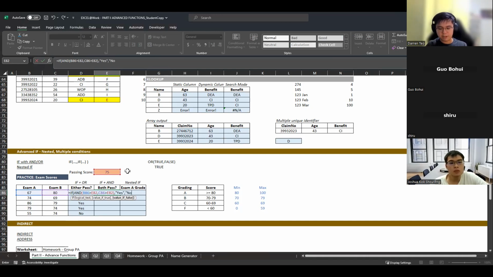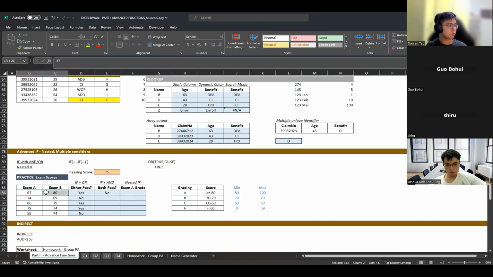You all see my idea, right? You see that these two didn't fulfill the conditions. This fulfilled, but this did not, so I didn't pass both, and so on. This will give me the output over here. So this is if plus OR, and if plus AND.